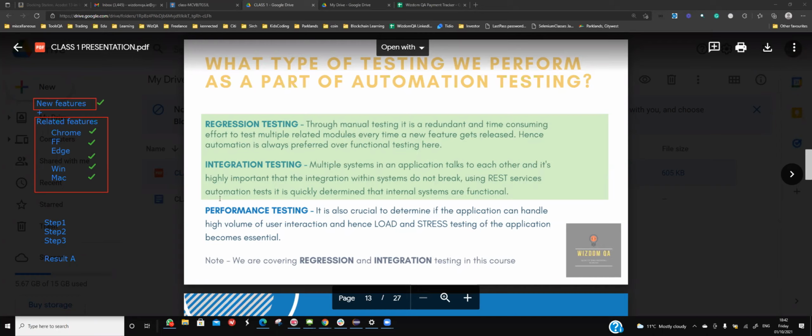Integration testing is a situation where we are trying to understand if two or more different systems